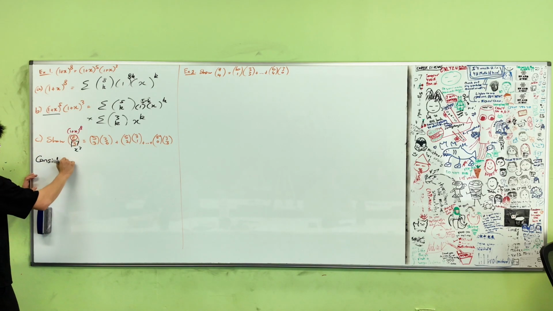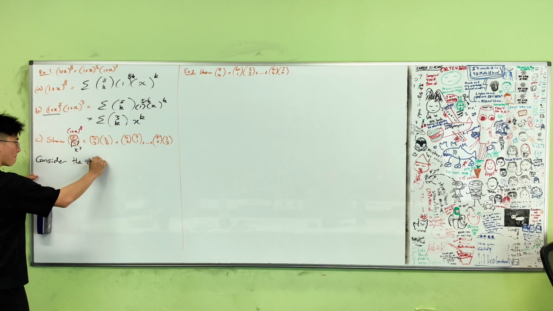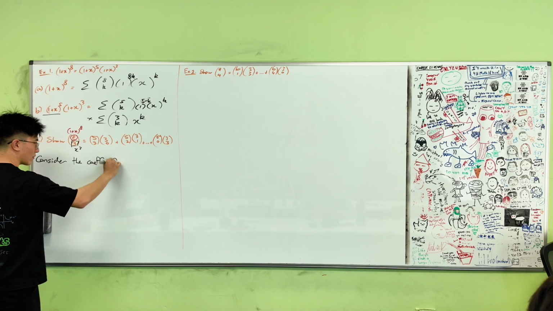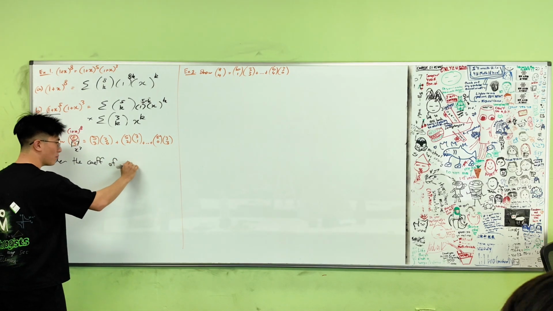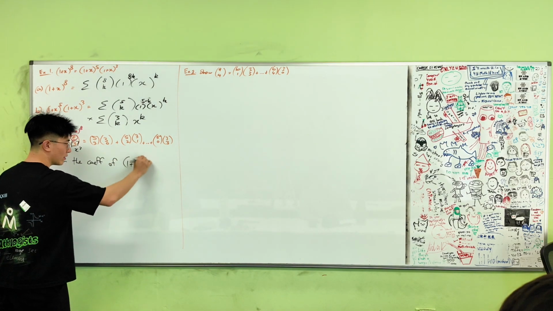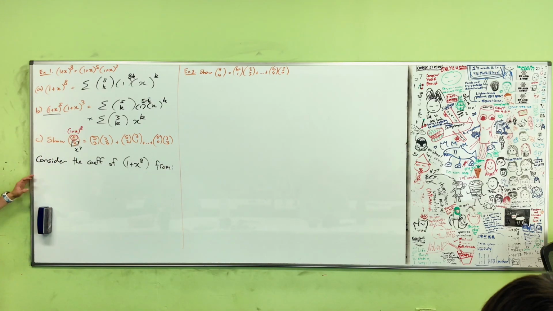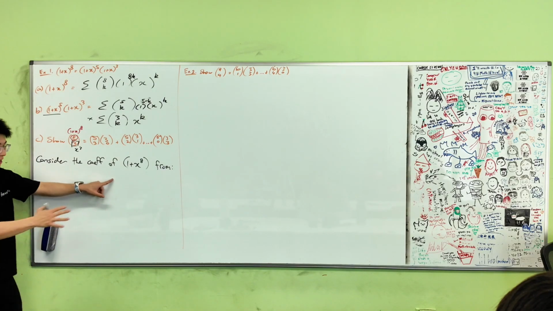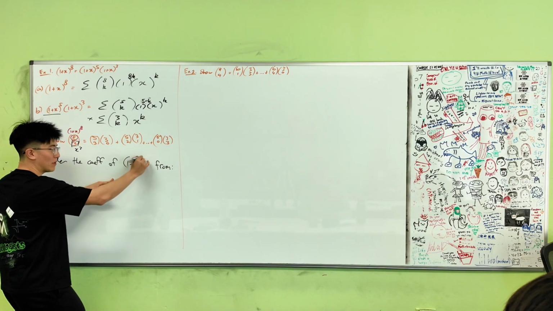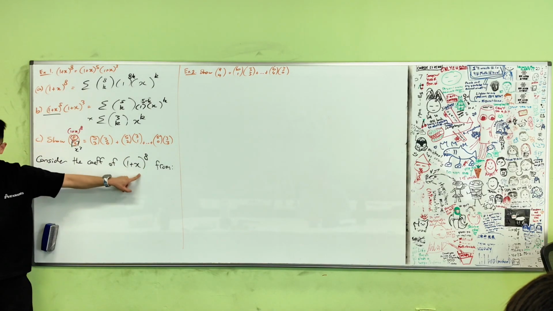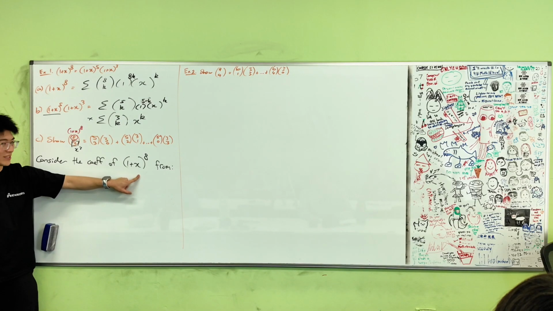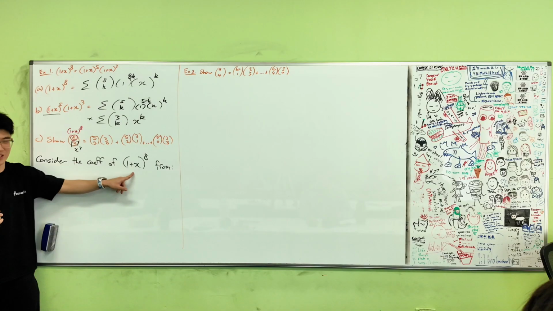Consider the coefficients of 1 plus x to the power of 8. This is your first initial statement. Now you're going to look at the coefficients of, can you guys fix this up? 1 plus x to the power of 8. You're going to look at the coefficients of this in 2 different ways. The first one is the easy way, which is straight up just like, what is 1 plus x to the